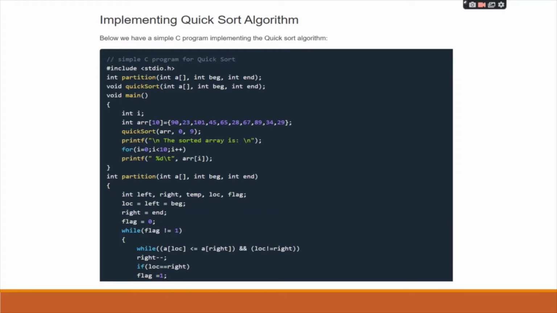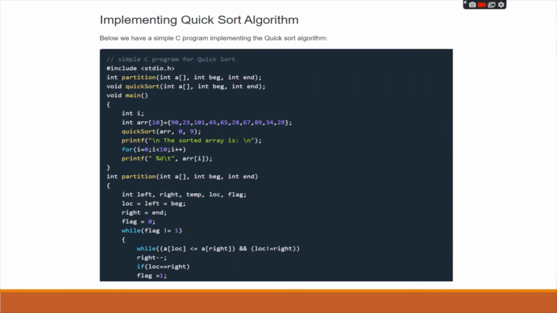So as long as all the elements are pointing to the pivot element, that is, as long as a of location is less than or equal to a of right and location is not equal to right, all the elements are towards its right.